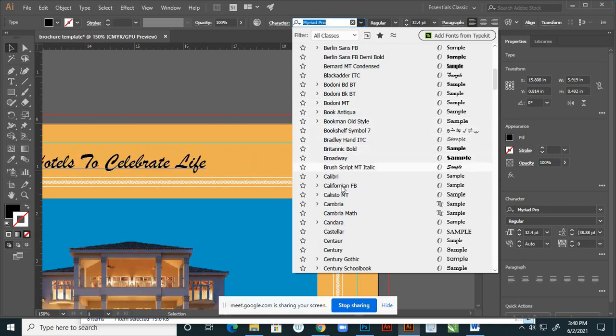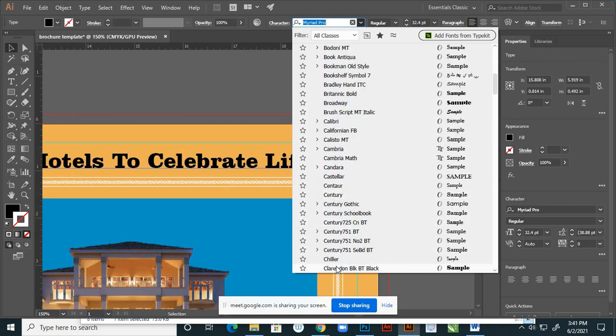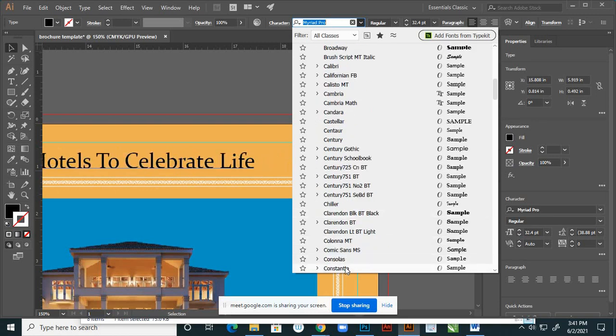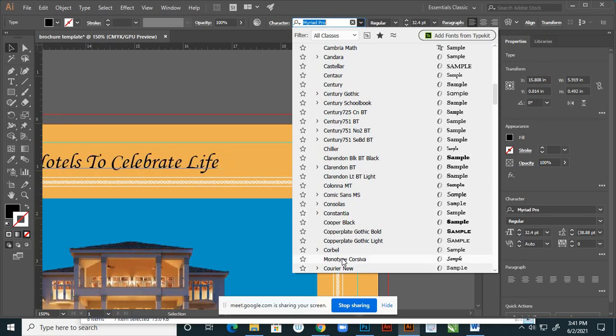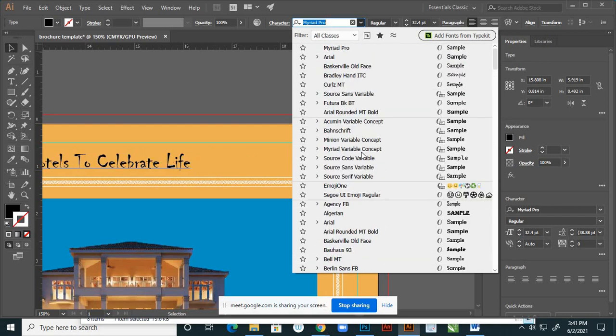Look like a celebration. Yesterday only we discussed about that celebration and invitations. We use some scripting type, right? So we are verifying, we are checking that text. Suppose it is Monotype Corsiva. Okay, and if you find anything better than that, we'll check here.